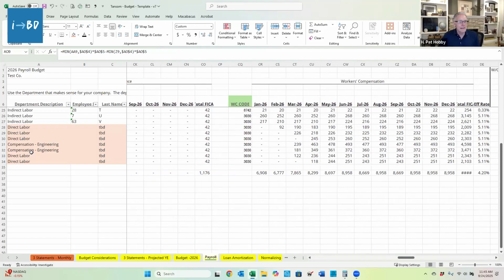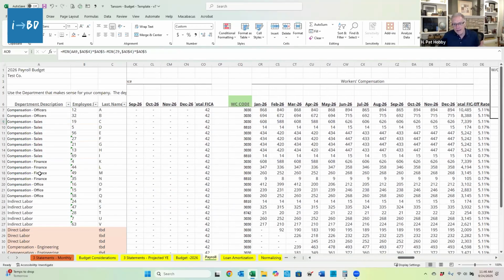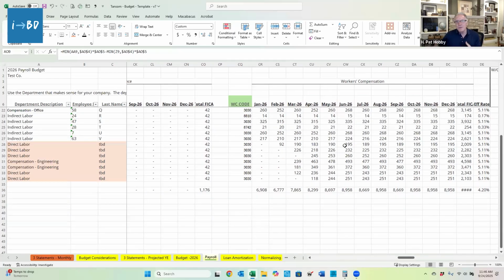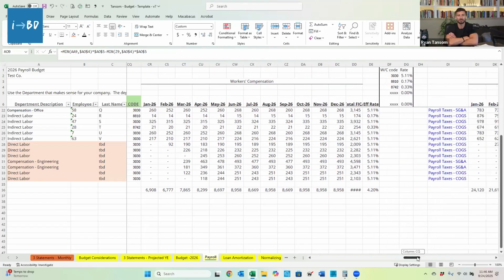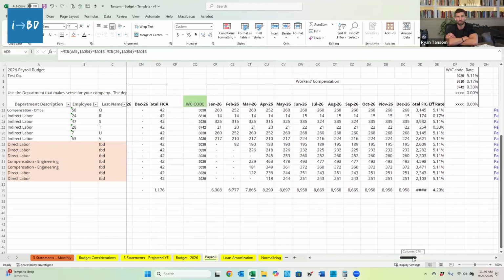Are they in direct labor? Are they sales? Are they office? Are they finance? Go ahead and do the extra work, and once you set this up for your budget, then you've got the template every year. You've got workers' comp rates, so it's calculating what all those are. And then if you go back to the 12 months of the fully burdened,